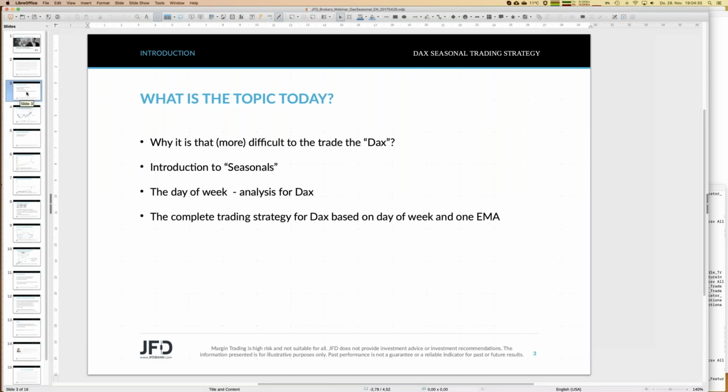It will be a strategy opening a trade at 8 o'clock in the morning, Central Europe time. Is it Central Eastern or Central Europe time? Anyhow, you know what I mean. So let's call it my time, the time I have here on my clock. Opening a trade in the morning, closing the trade in the evening at 10 p.m., and that's all. But the direction of that trade and the stop loss of that trade should be derived